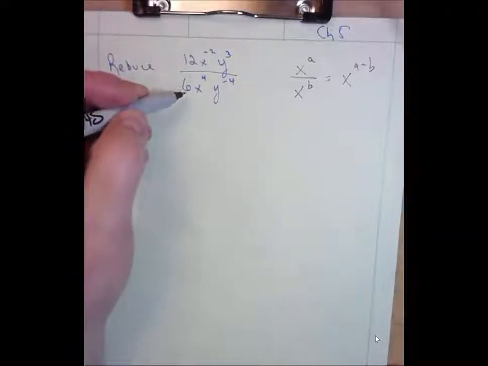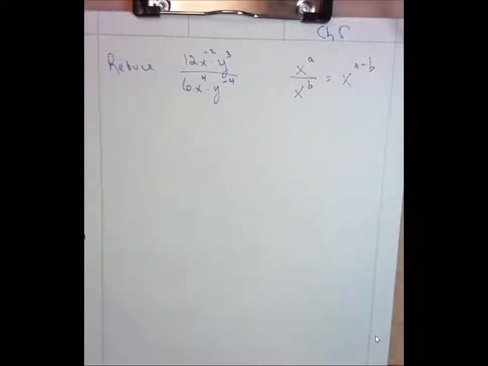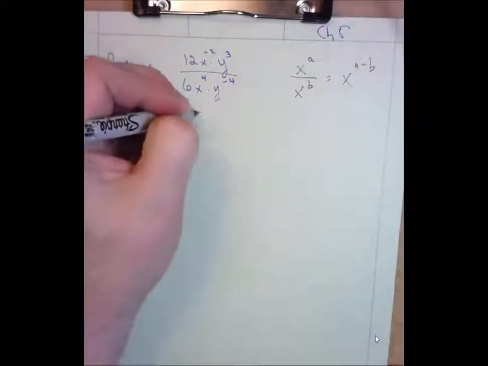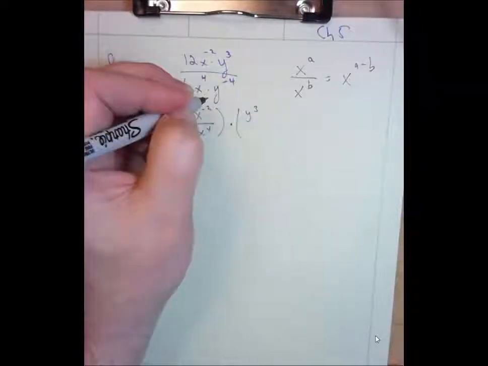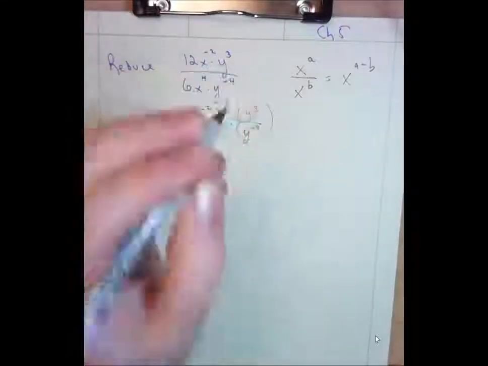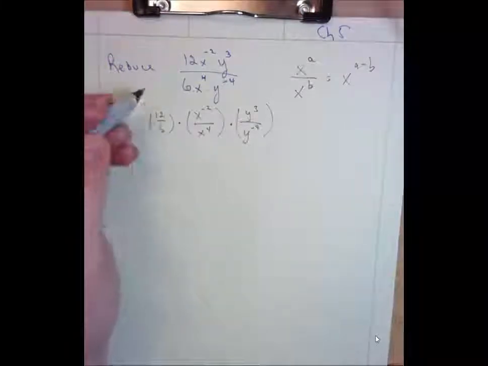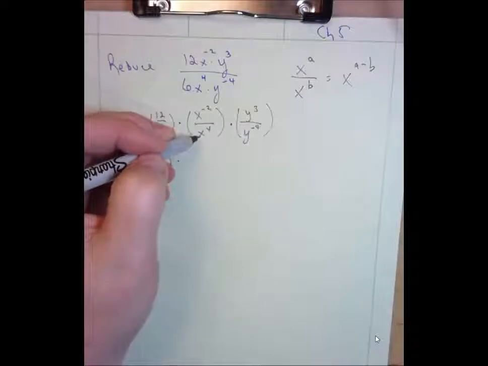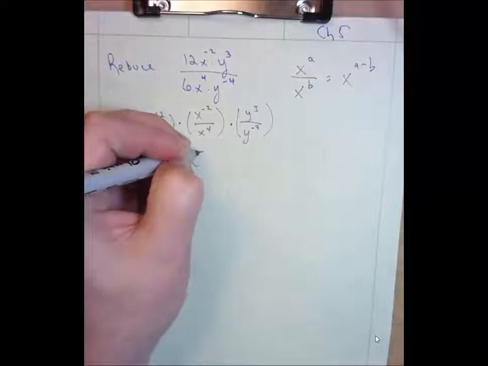So when we take this over here, let's first recognize that all the joinings between these mini expressions are all multiplications. So we can treat this as 12 over 6 times x to the negative 2 over x to the 4th times y cubed over y to the negative 4th, and then handle each of the quotients individually. 12 divided by 6 is the easy one. That's 2. And then this quotient, when we use this property, will reduce to x with the exponent of negative